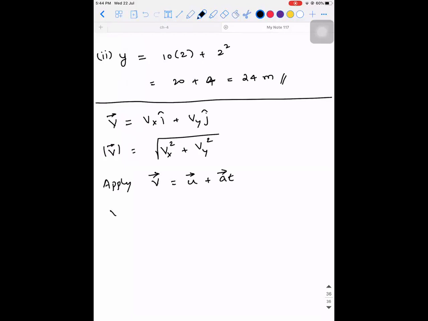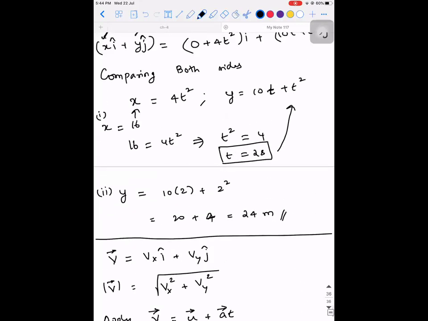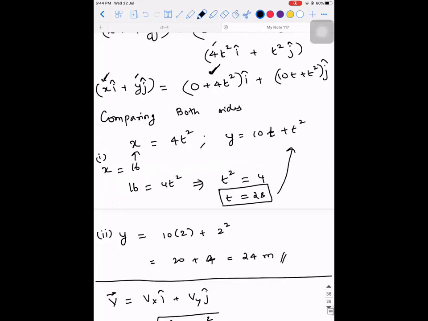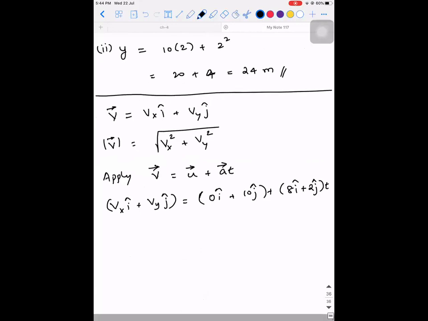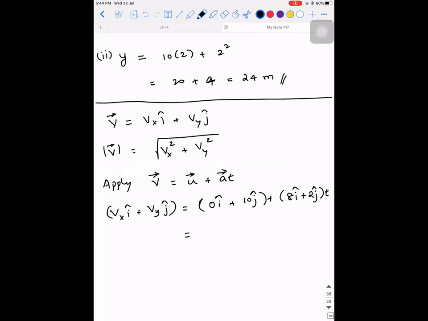So v vector, Vx i cap plus Vy j cap, is equal to, what is u vector? 0 i cap plus 10 j cap. Acceleration is 8 i cap plus 2 j cap, into t. Now what should I do? Again collect all the i terms. So that will be 8t i cap plus,